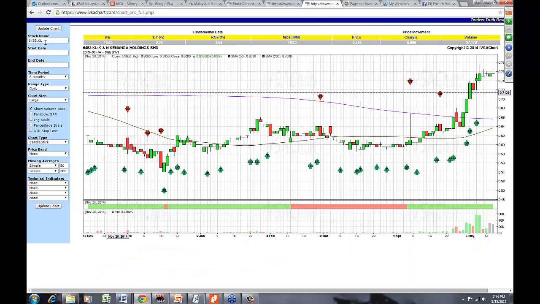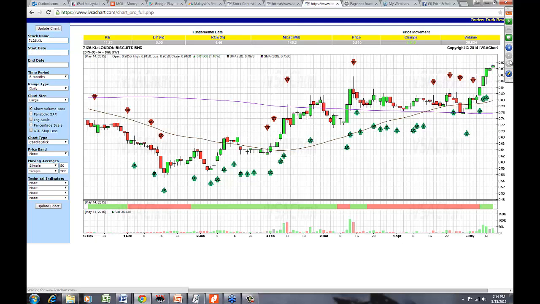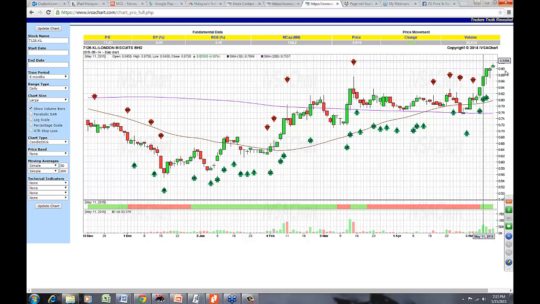Another one we got in, which is London Biscuits. I think I've talked about this also in our IVSA WhatsApp group in here. This one just broke off. Very nice one here, very similar. Line change, and it just turned green. The last time it turned green, it moved for a long time, almost 2 months. Will London Biscuit move for 2 months? Well, let's wait and see. Okay, so that'll be interesting.